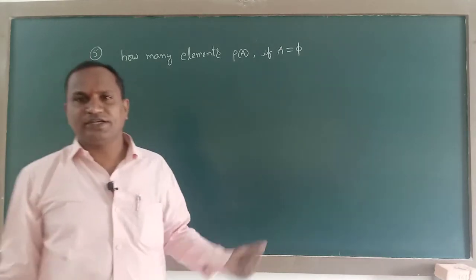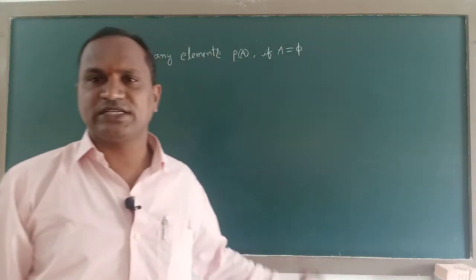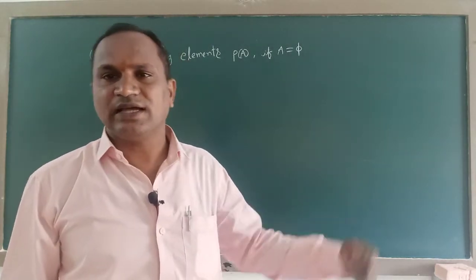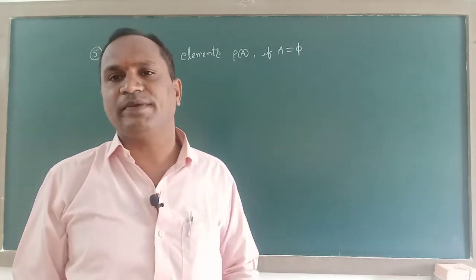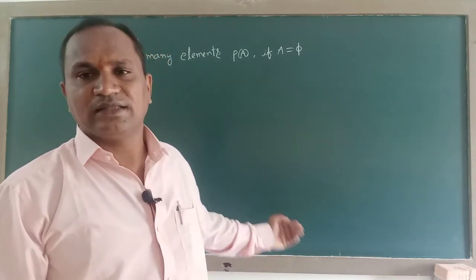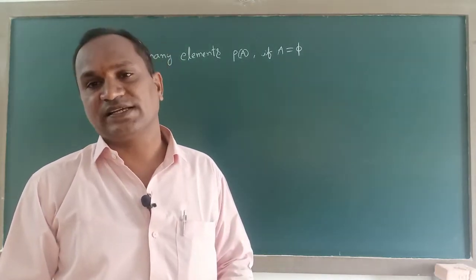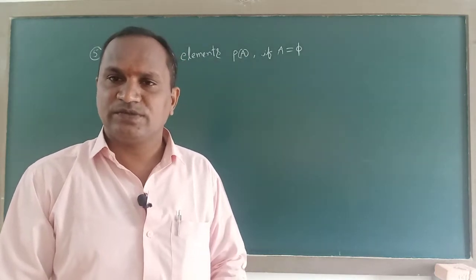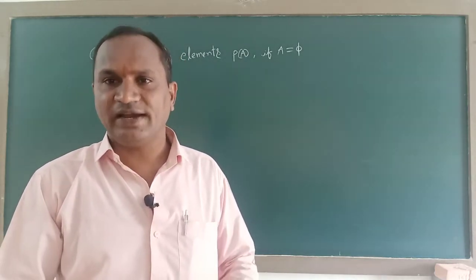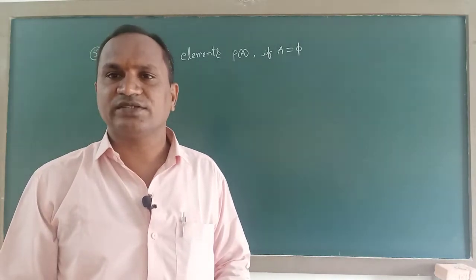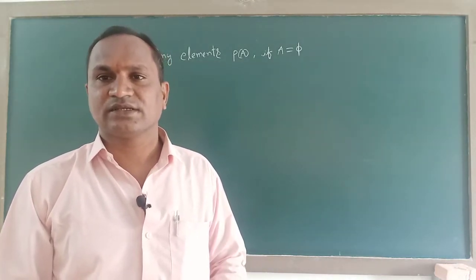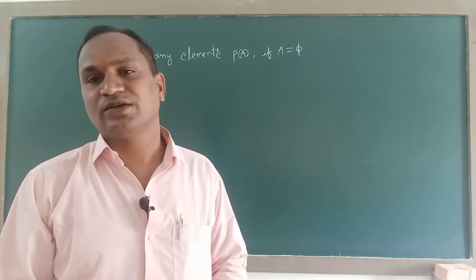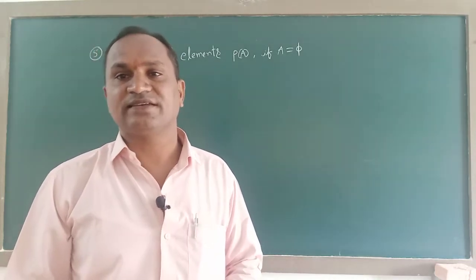Just before this, we did one question where we found the number of subsets for the null set. The solution is the same for this one, because in that question they did not ask for the number of elements in the power set. But here, they are asking the number of elements in the power set. If you want the power set, we must first find the subsets of the given set. After finding the subsets only, we can easily give the definition of the power set. Without subsets, we can't get power sets.